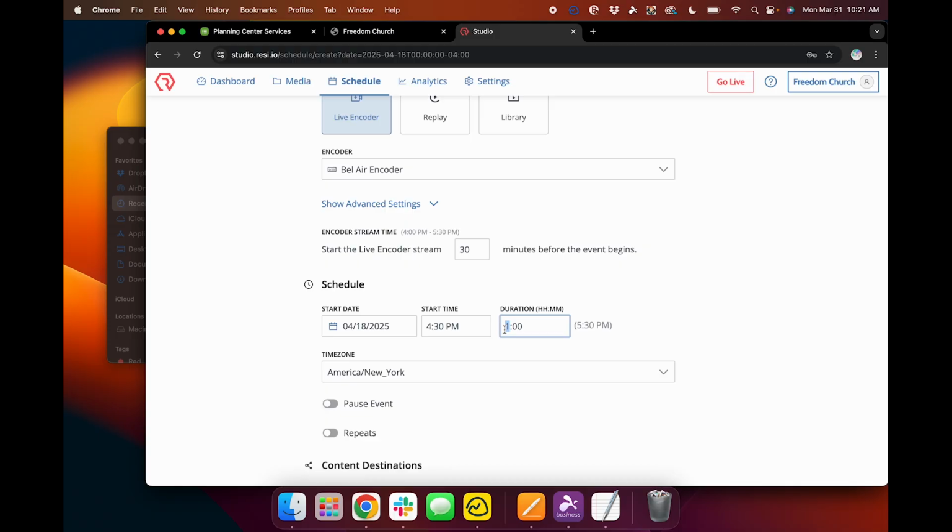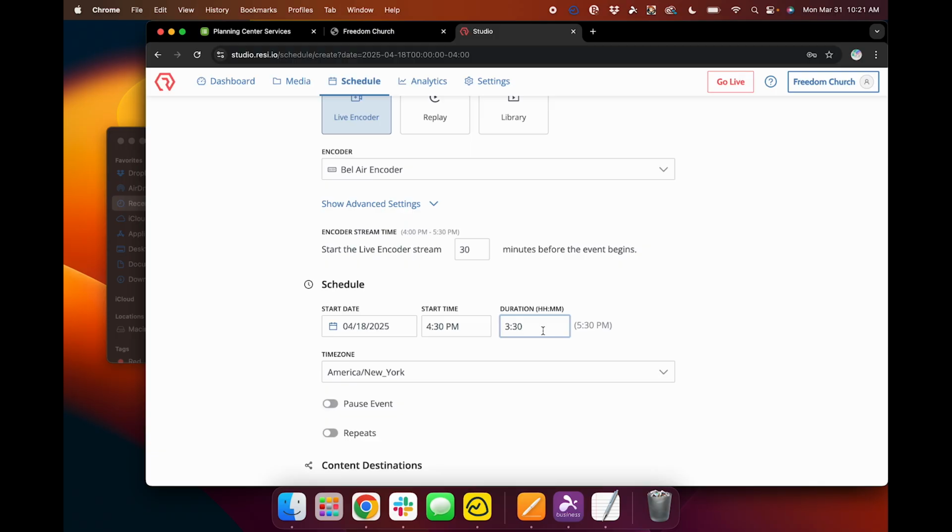And then we want it to go a little after the actual event. So our event starts at 6 p.m. We want this to last for a little longer than the gathering would be. So I'm thinking like 8 p.m. is probably safe. It's probably more than enough, but I'd rather be safe. So we're going to do 3 hours and 30 minutes.